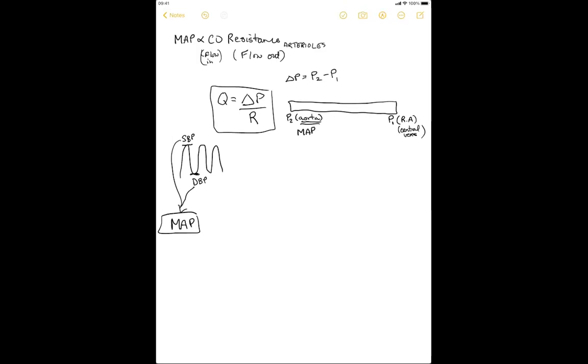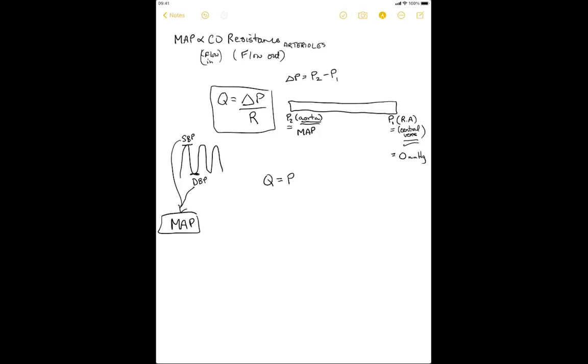And so that takes care of P2. So we know exactly what P2 is. P1, which is the pressure at the end, you kind of have to know what is the pressure in those central veins and just leading into the right atrium. In a normal person, it might be a millimeter of mercury. So for our purposes, we're actually just going to say that this pressure is essentially 0 millimeters of mercury. So if we sub these values into the overall equation of flow, we get